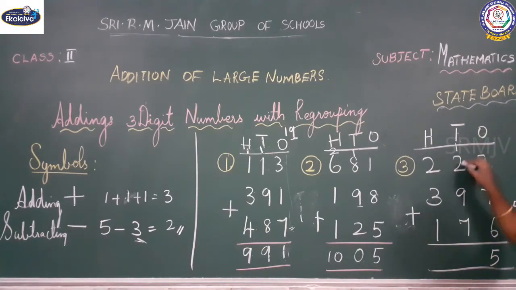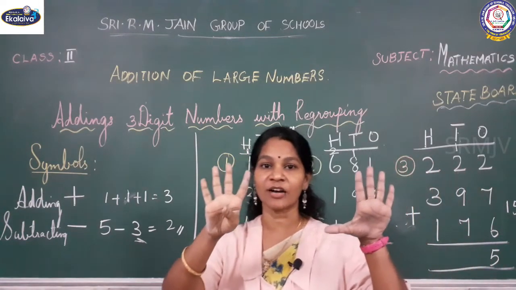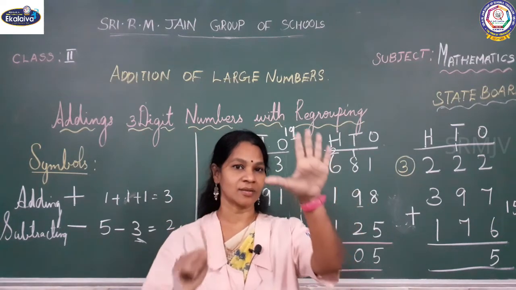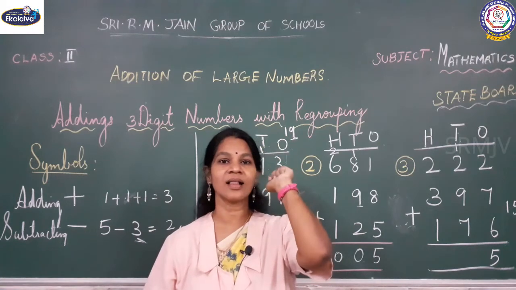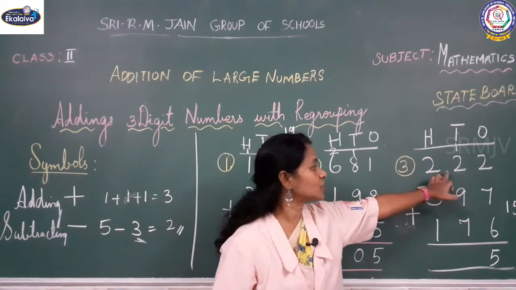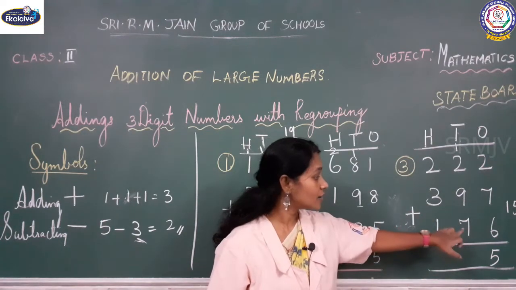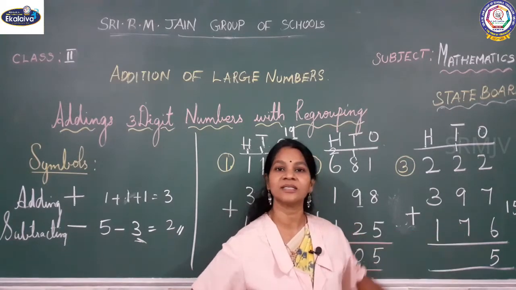Yes, 1 plus 2, 3. Very good. 3 plus 9. Okay, I'll tell. 3 in the mind and 9 on the fingers. 3 after 4, 5, 6, 7, 8, 9, 10, 11, 12. 1 plus 2 is 3. 3 plus 9 is 12. And then one more number is there. What is that? 7. 12 plus 7.